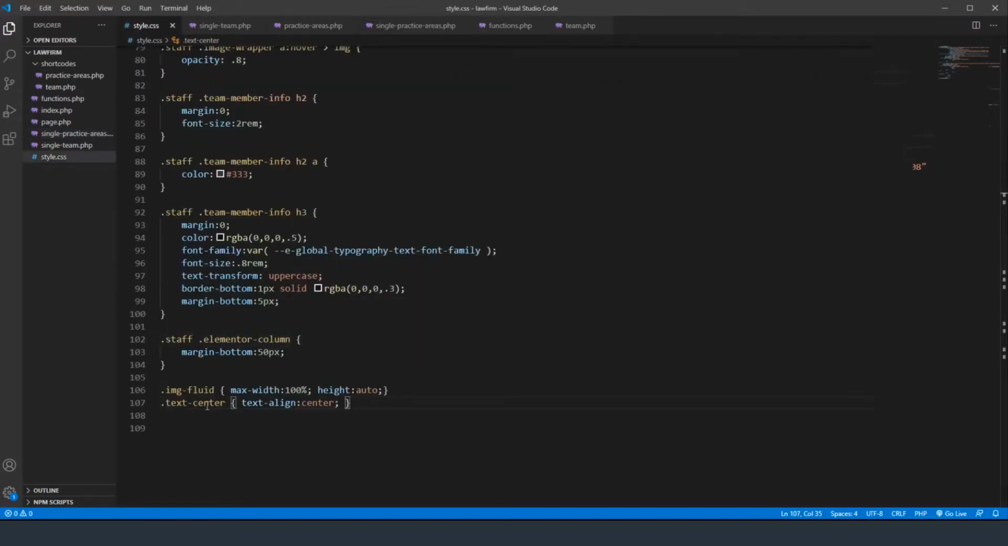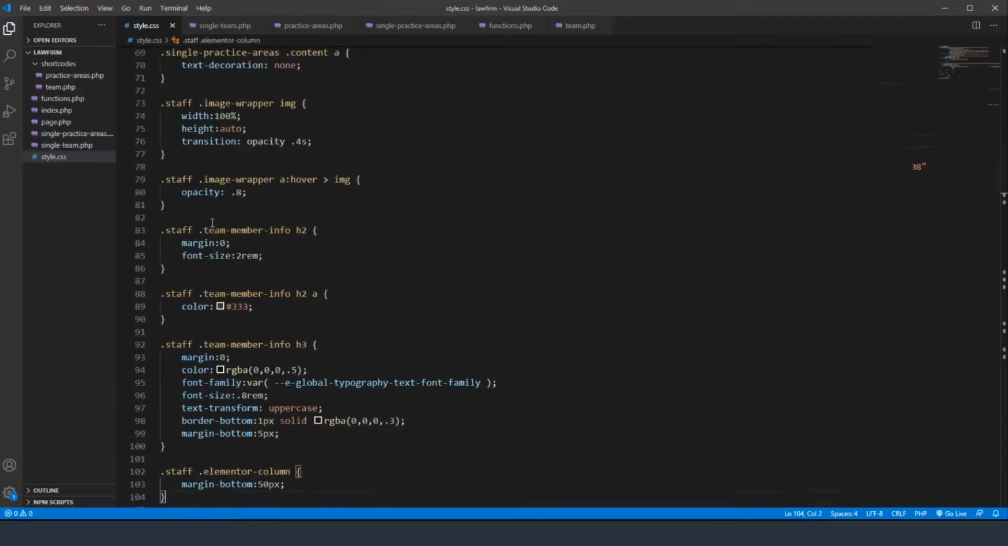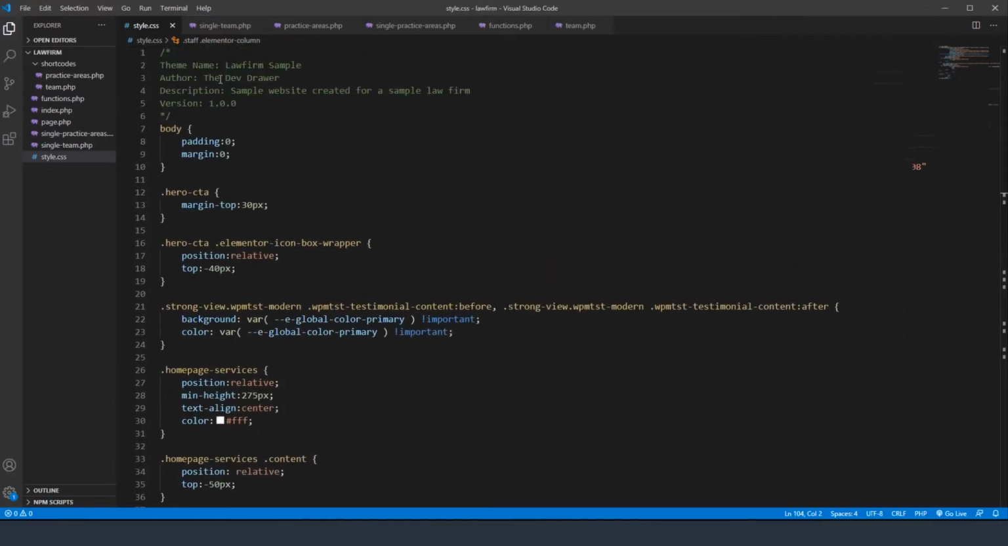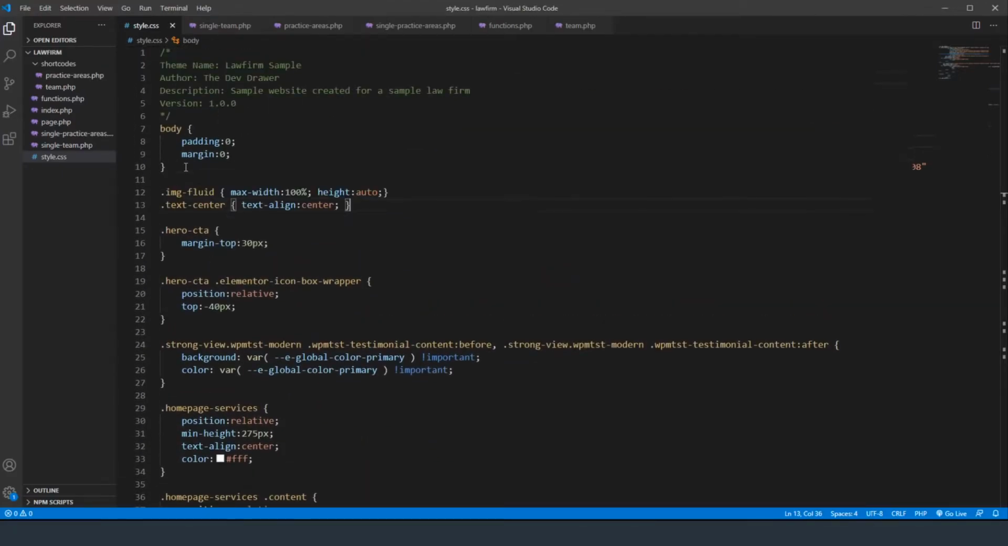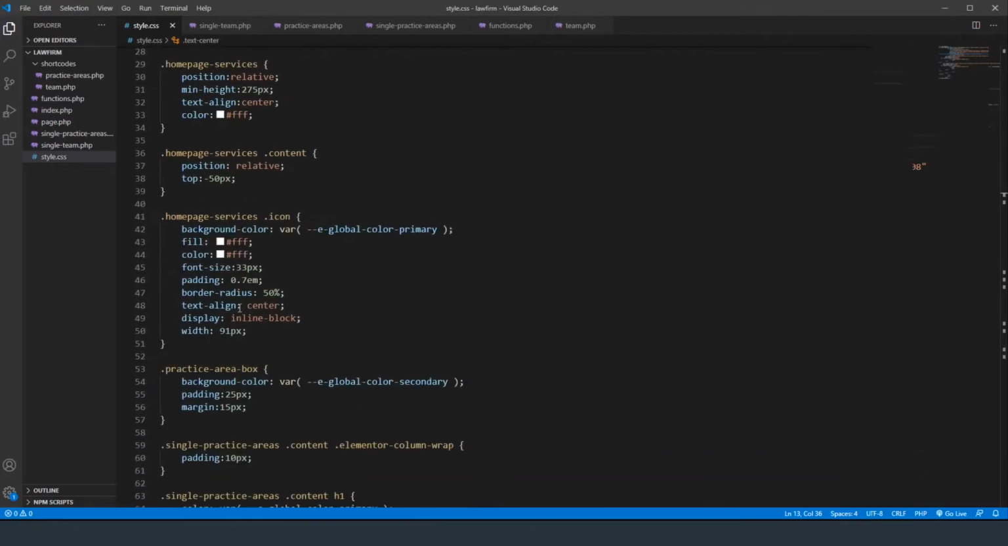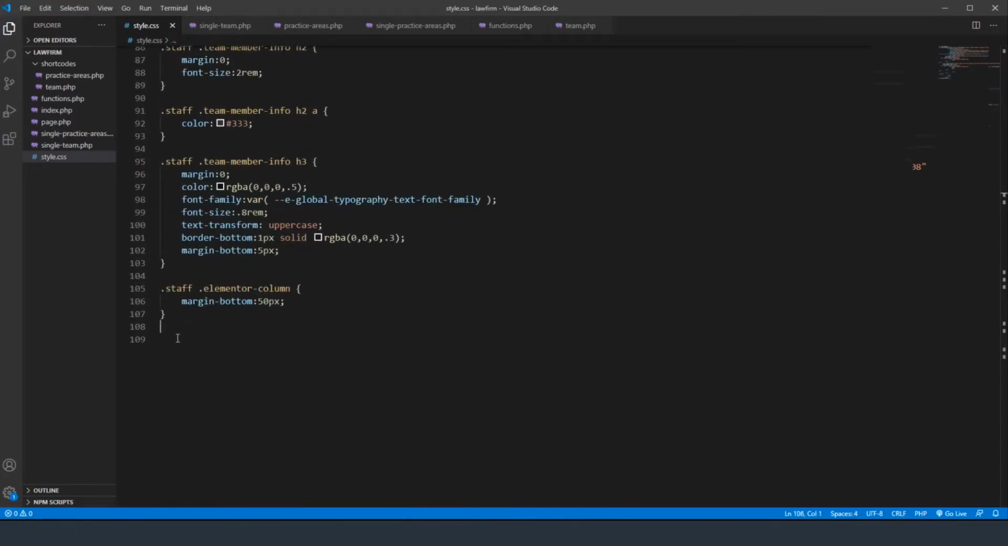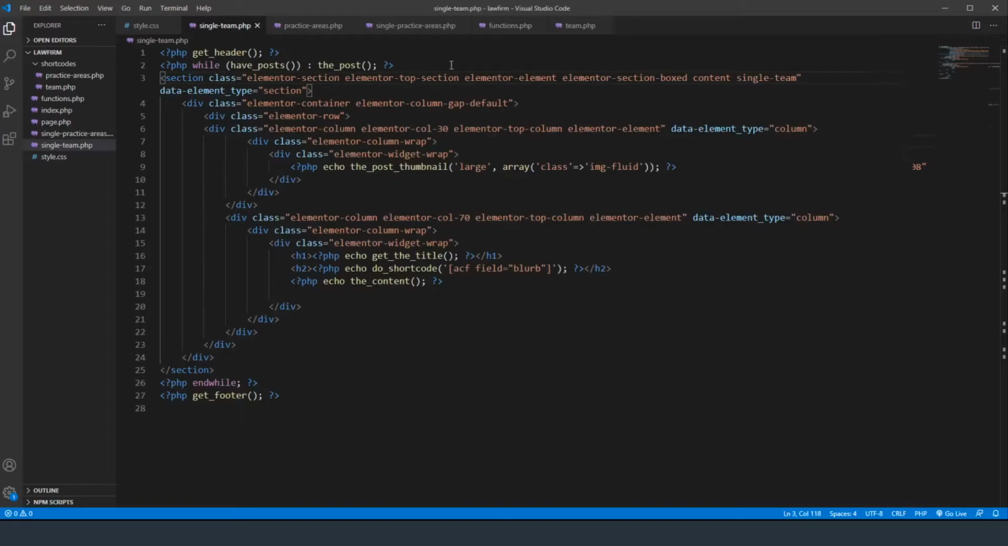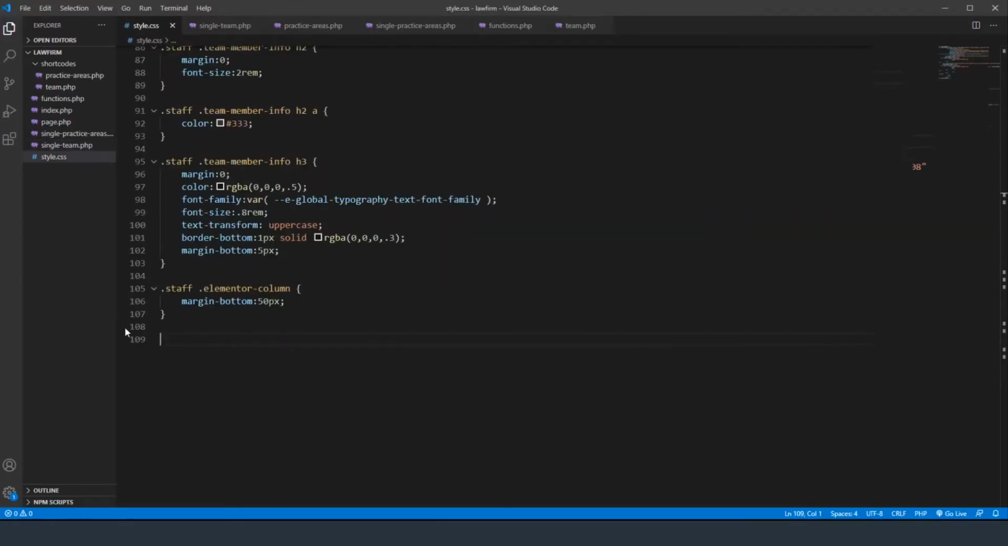Okay. And I'm also going to take these two classes, since they don't really deal with staff or any of the single elements. I'm just going to add them underneath the body to keep them a little more organized. Okay, so going back down to the bottom, we added a class single-team. So single-team, and